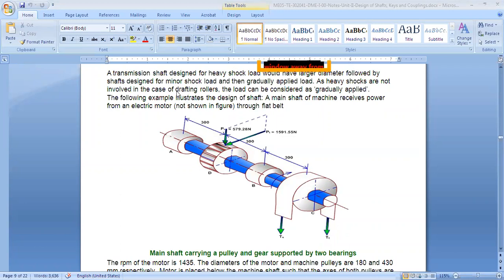So now we will take a numerical. As I said, we are taking a little different approach because I want to answer any questions immediately. So we will take a numerical on the board itself. The procedure is almost the same apart from the factors we introduced today for the ASME. So now we have a shaft. Look at this shaft. Example is below.